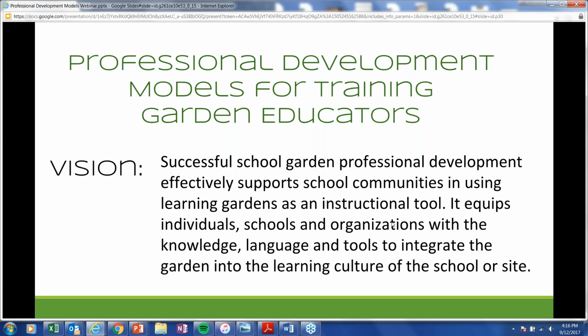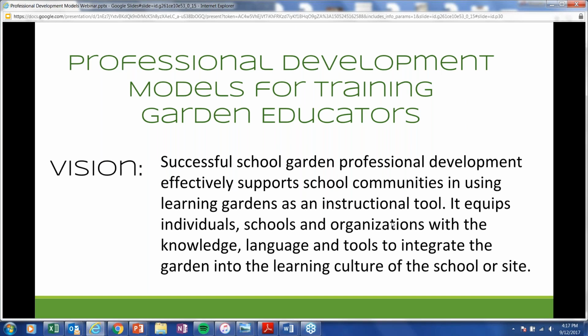And the vision that we came up with as a team, representing, I think, about 10 different school garden organizations nationally, was that a successful school garden PD supports school communities and uses those gardens as an instructional tool. I think we all felt very strongly that the instructional tool was key. What we were instructing on may differ, whether it was science, nutrition, food science, social emotional growth, but it was